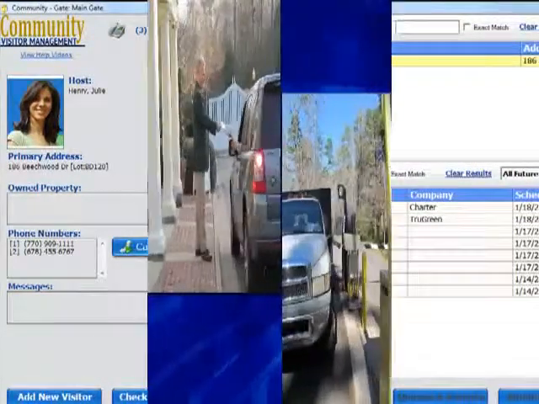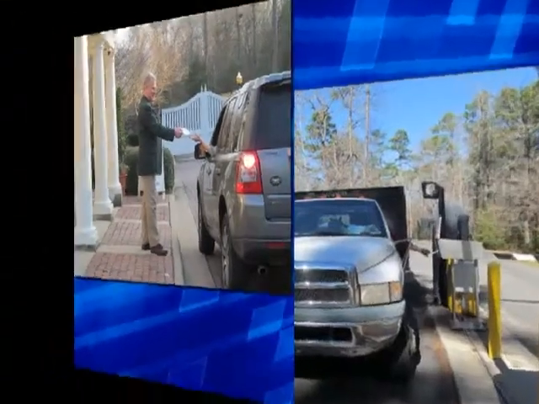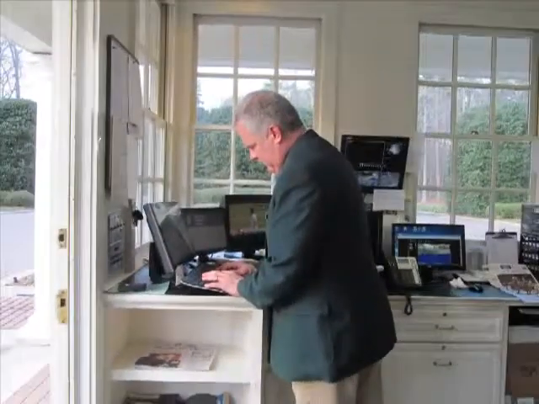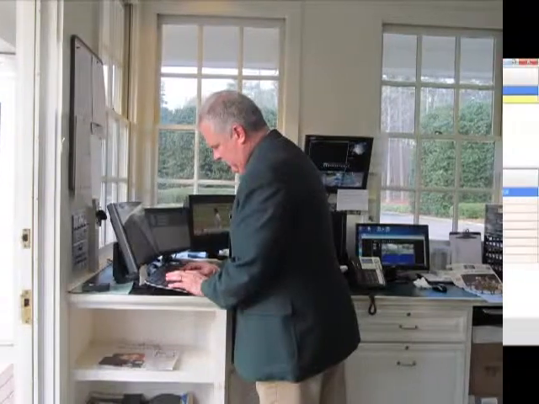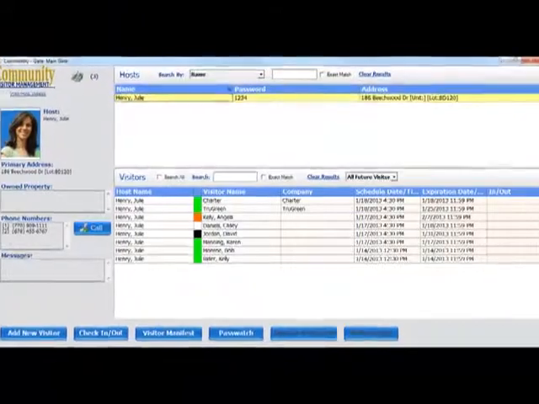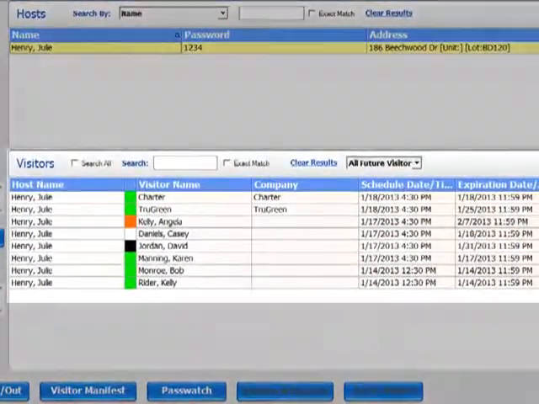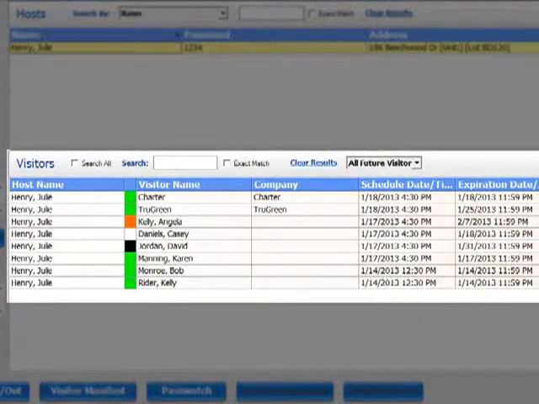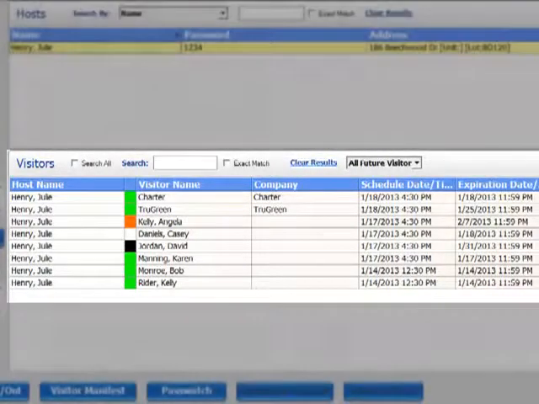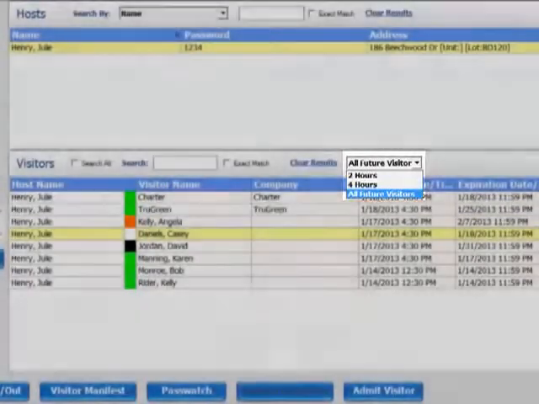After studying activity at entry points, it became clear that whenever a visitor or contractor arrives, security has to look up either the visitor or the resident in the program. To speed up this process, we make use of a pending visitor window. As visitors are called in by residents or entered online, they appear in the pending visitor window, and security can shorten or lengthen the list of pending visitors by selecting the 2-hour, 4-hour, or all pending visitors view.